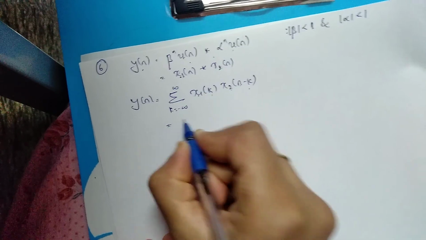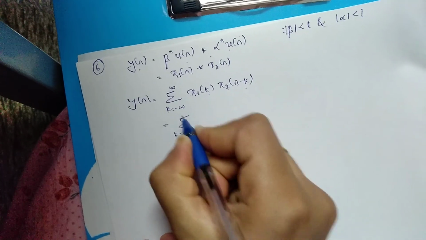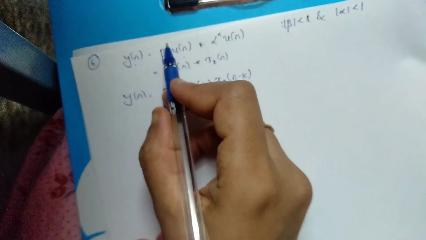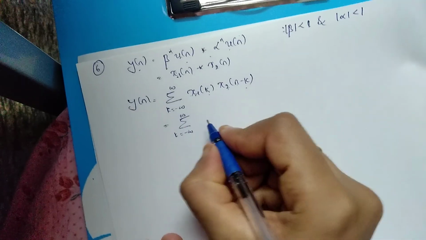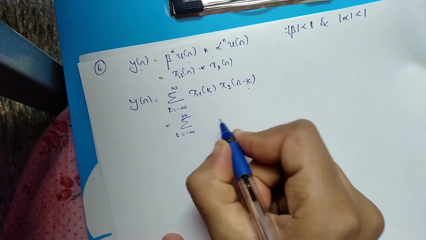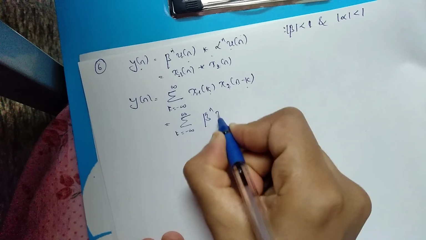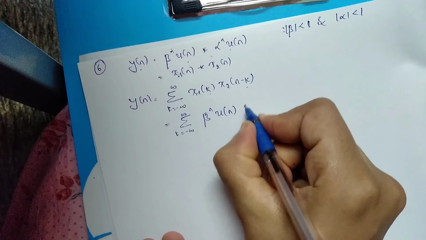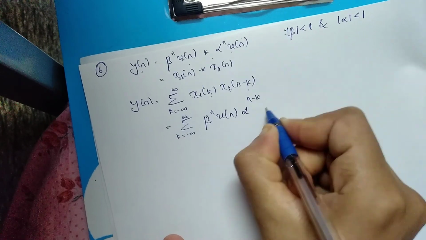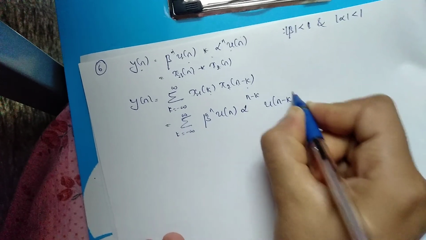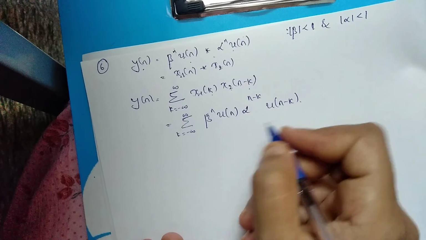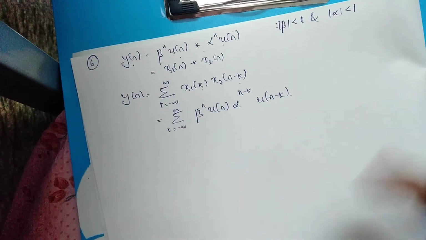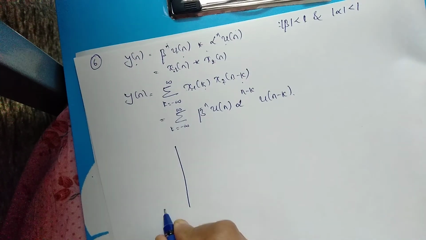So if we substitute the values here, x1 of k is beta to the power of n into u of n. So I am substituting here. So beta to the power of n into u of n. x2 of n minus k means alpha to the power of n minus k into u of n minus k. Now we need to plot these two waveforms. So let us plot